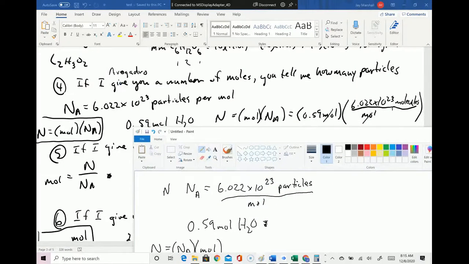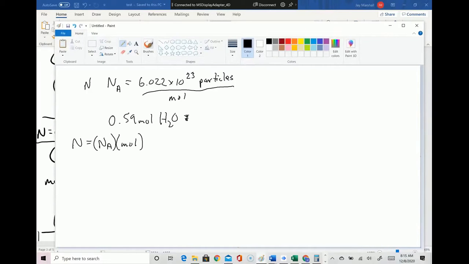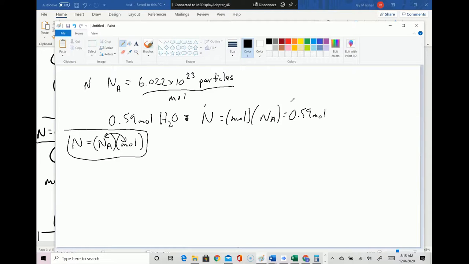It doesn't matter which way you put it. You could put moles times Avogadro's number. You can see I'm not very consistent with that either. But that would be the formula that you need to use, and I'll give you that formula on the test. You would just simply write, and let's put this the other way, since that's what's on the study guide: number of particles equals moles times Avogadro's number equals 0.59 moles times